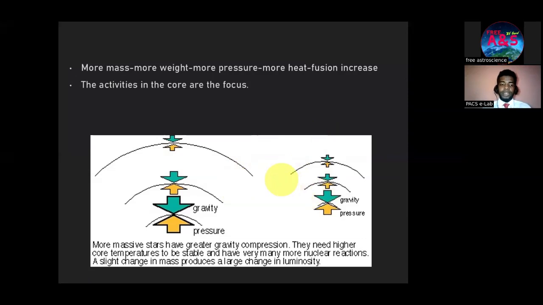So for a star, all the activities happening in a star are in the core, not on the surface. It is the core that matters. Okay, so